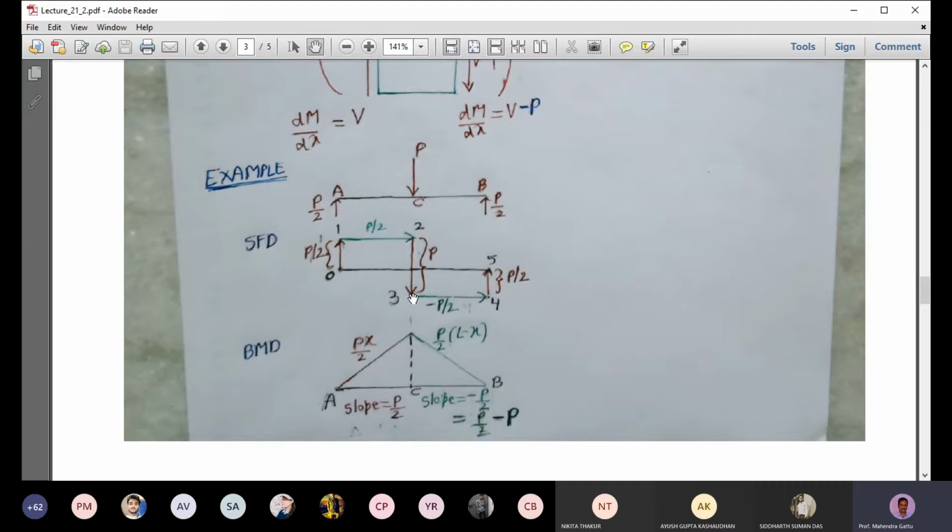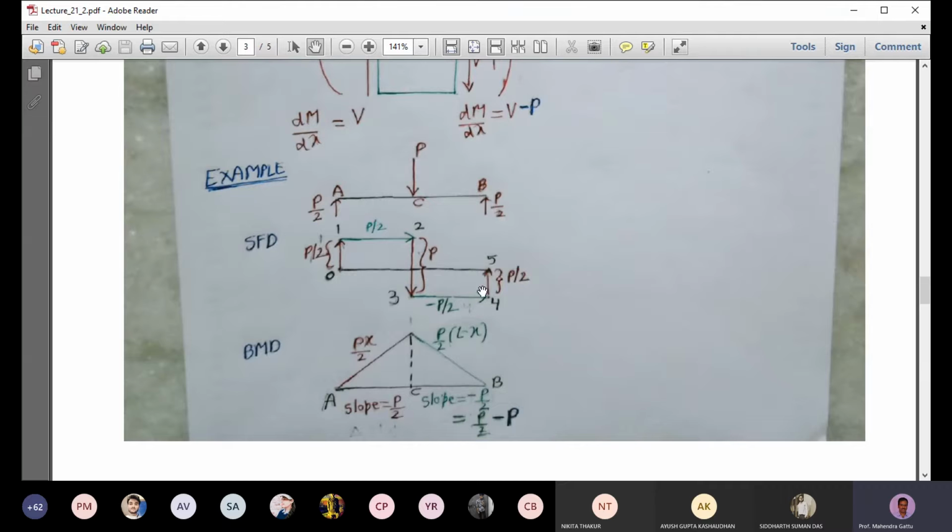And from point 3, that is from section C, we are moving to the right. Here there is no distributed load, Q is 0, which means the slope of the shear force diagram is 0, so that line will be horizontal. From section C to B, as we move to the right, the same shear force minus P by 2 will remain. And then once we go to point B, a reaction is coming, so we'll move by an amount P by 2 in the upward direction, in the same direction as the reaction. So this is one way to draw the shear force diagram.